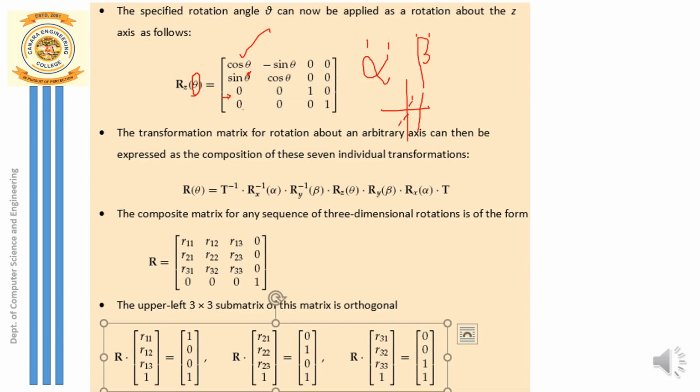So what is reverse translation? You have to subtract the translation factors from the original position. You call that reverse translation. Since this is a post multiplication, you write the composite matrix in this form. So start from right to left always. First step was performing translation, and after that we had to align the object along the axis. Which is the angle of rotation? It is theta. What is the axis of rotation? It is about the z-axis.